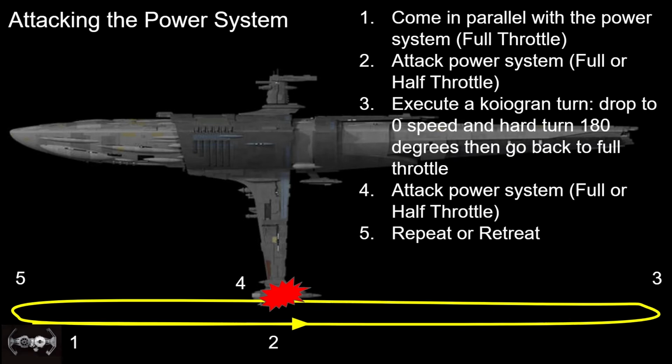The reason why I say this is a built-in vulnerability is because the tractor beams are about here, or right here. Tractor beams are here, and their range ends at about here. So you'll get caught in the tractor beam for a split second, but if you boost or if you're going fast enough, you will just immediately pop out of it. So that's why I said there's a built-in vulnerability to the tractor beams here, and why I think the power system is the easiest. Just come in fast, hit the target,